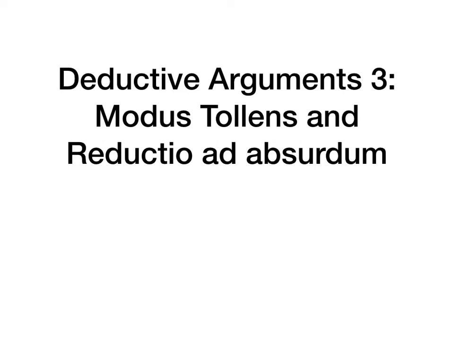I will talk about one other valid form using the conditional, but I'm going to focus on this type of argument using a conditional because it's a little bit tricky, especially to see why it's valid. But it's also, especially when we get to reductio arguments, a very important kind of argument in philosophy. So that's what we're going to focus on in this lecture. In this lecture, we'll finish up, for the most part, valid forms. We'll talk a little bit more about premises in the next argument.